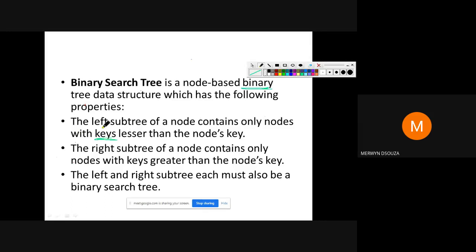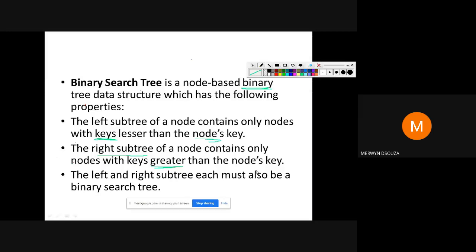So here, the definition says the left subtree of a node contains only nodes with keys lesser than the node's key. Basically, what it means is on the left subtree, all the values will be less than the value of the root node. Okay. And the second part of the definition says the right subtree will contain keys greater than the root node.